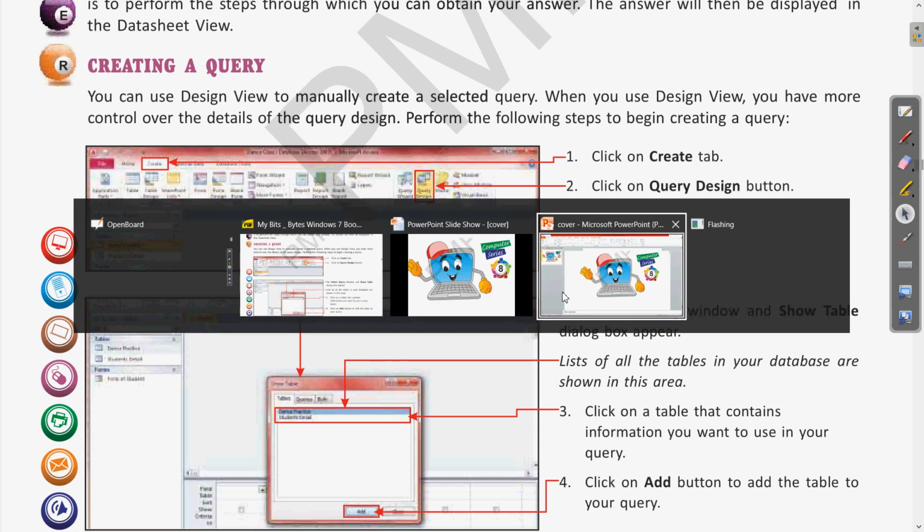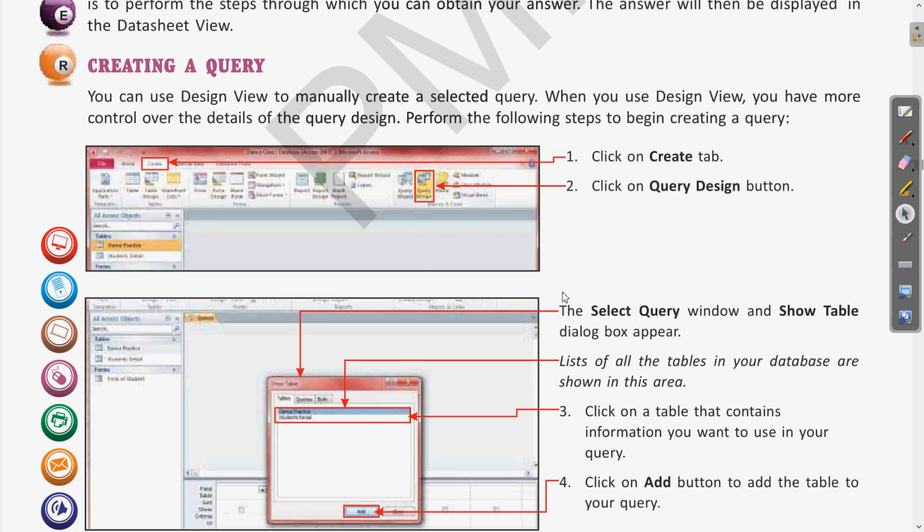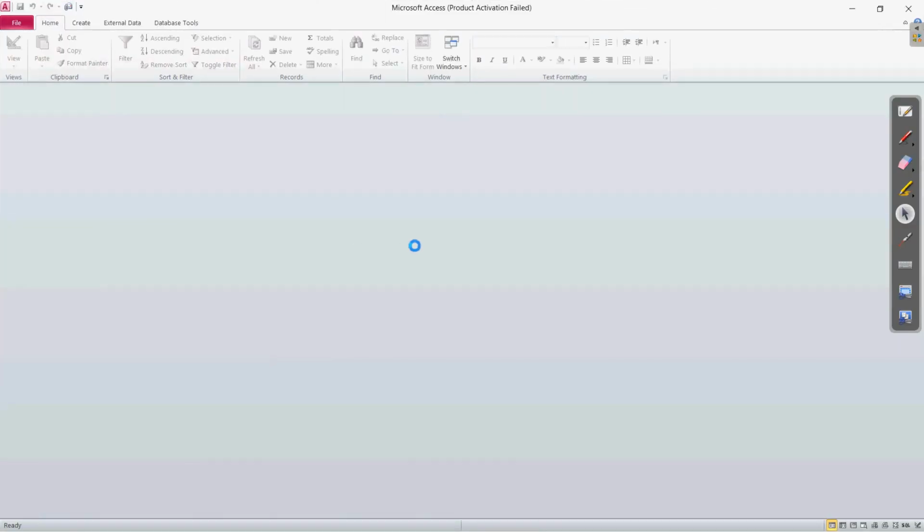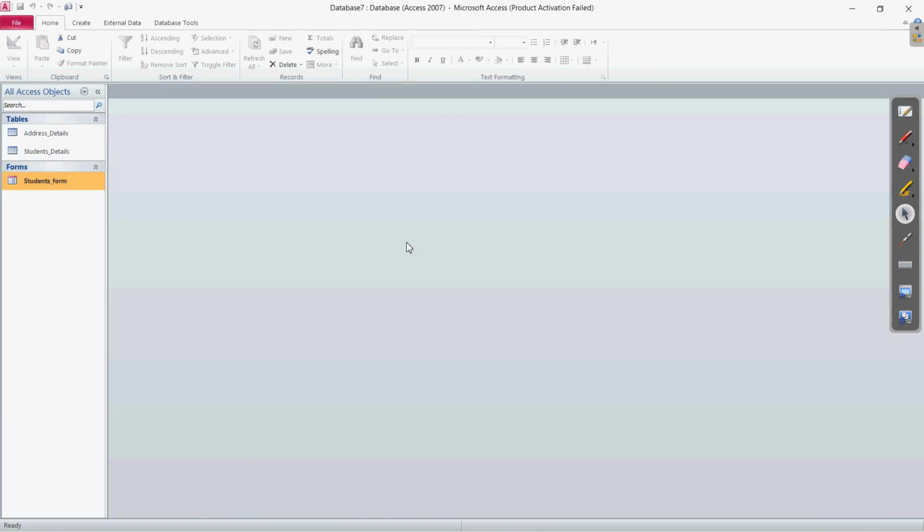So here, okay, let me open it first. We have already saved that database. The database which we used in the previous chapter, the same we are going to use here.